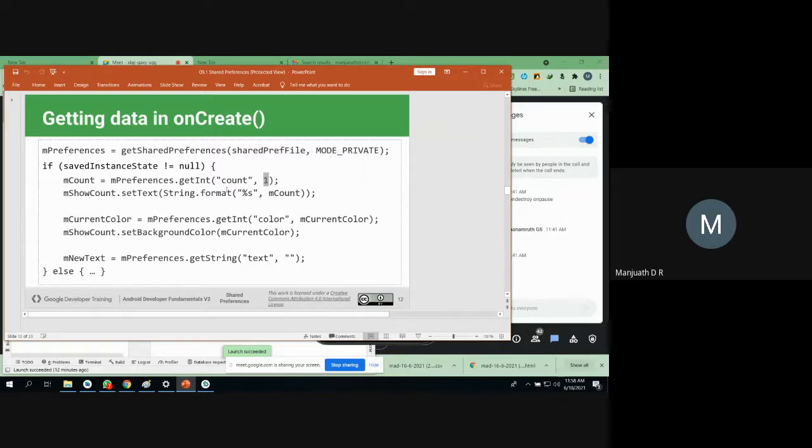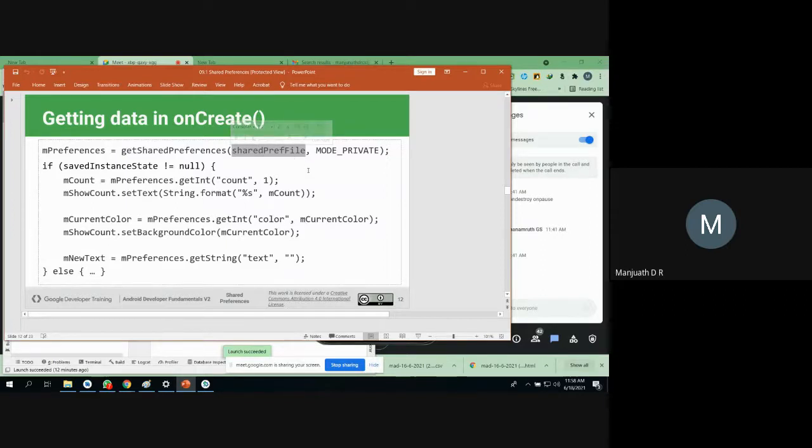What we have to do is put some default value here. So the only thing is, the API you are going to use to write the data is put, and the API you are going to read the data is get. And how can you create an object of SharedPreferences? Create an object and use a method called getSharedPreferences. Pass two parameters: one is a file name, another is the mode of operation, that is, sharing the information. The file name normally resembles the package name, which you must be aware of.